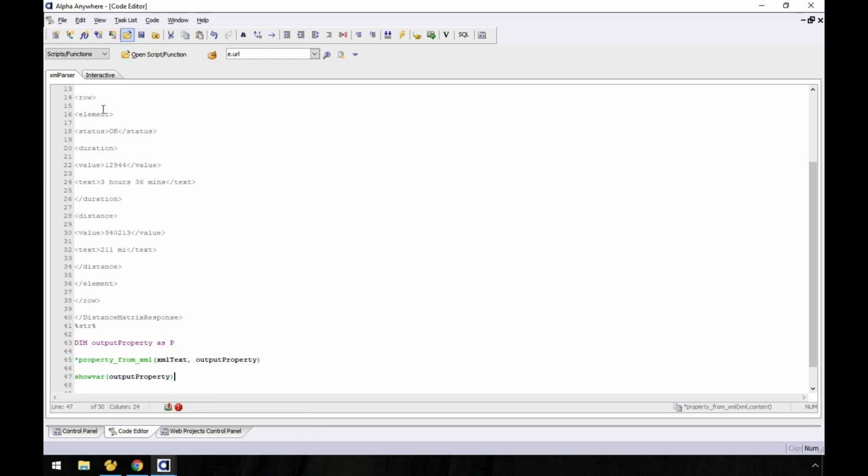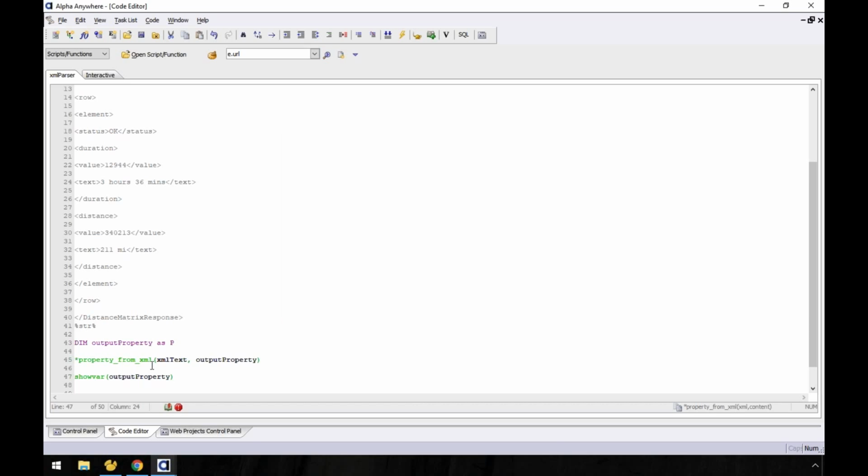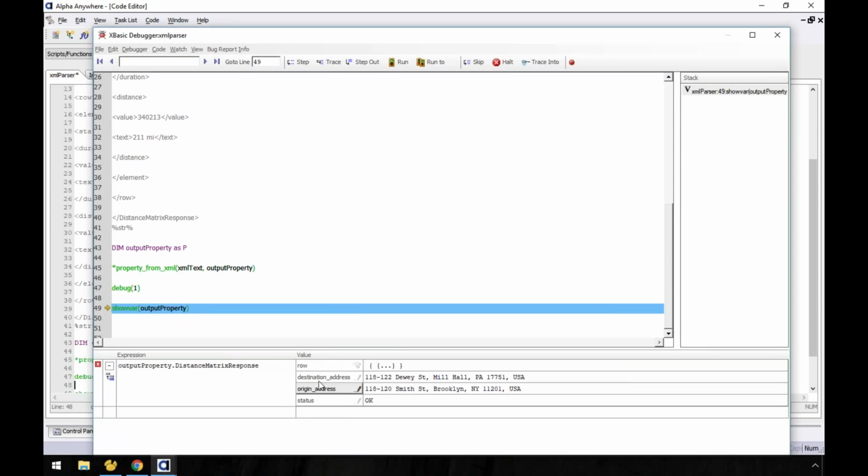So I'll save this script. Nice thing is I can always come back and play with it. So what I'm going to do is take that text, put it in the property, and let's go ahead and see what it looks like and see if it works. And there's something in there, but it's not showing right. So let's try this. And we'll see if it interpreted the XML okay. So let's go ahead and look at output property. And there it is. Check that out.